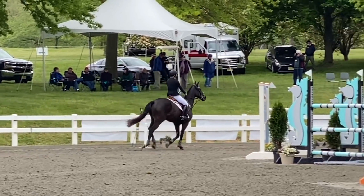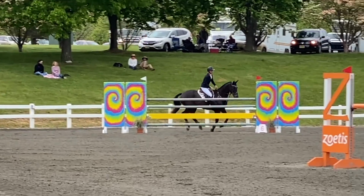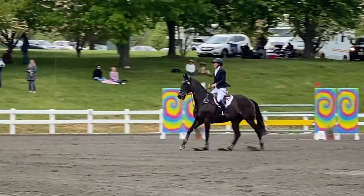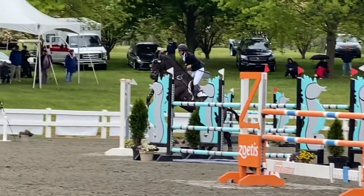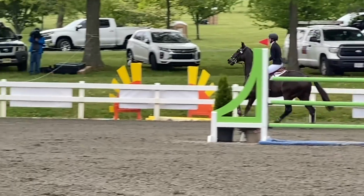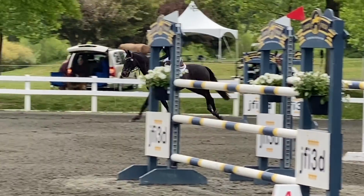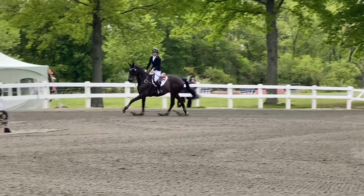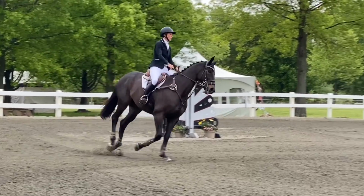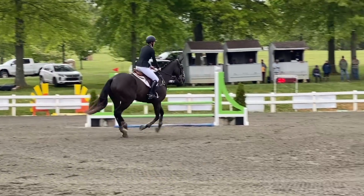So coming to our first fence, and he absolutely jumps it great. I'm like, all right, we're on it. So I wanted to ride this line pretty tight here for this rollback. And in hindsight, I could have left a stride out in this line, but I did the strides that I had intended, which were 8. And then I wanted to make sure I kept coming around the turn, trying to stay pretty zippy so I wasn't losing time. And he jumps this oxer fantastic, and then he just waits for me a little bit,